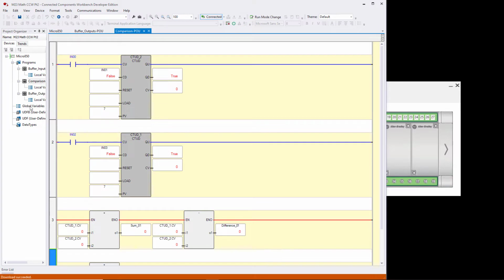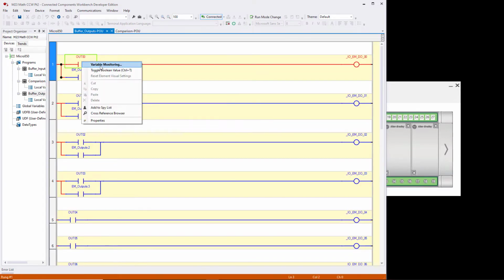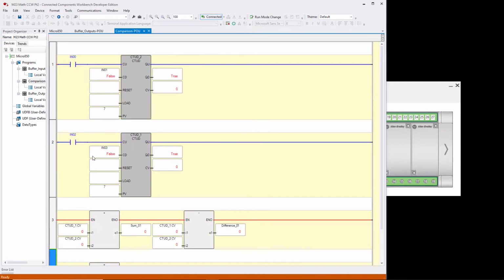In a previous lab project, we left it on. In other words, we told it to turn on and never told it to turn off. Okay, so now it's off. In other words, there was no logic turning on this bit. That bit was left on because the last time that this simulator ran, it had a program in it that turned on OUT00. I downloaded a new program, so the logic never scanned and turned off output 0. It's off now. So now what I want to do is go back to comparison, and then I want to increment